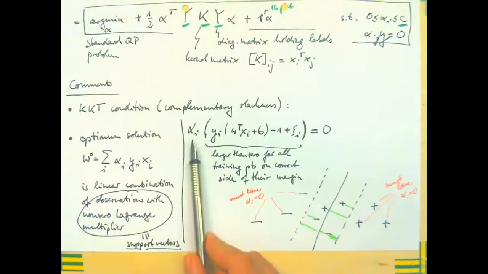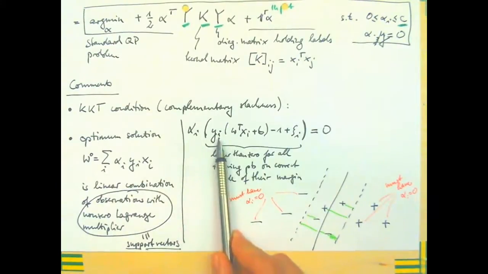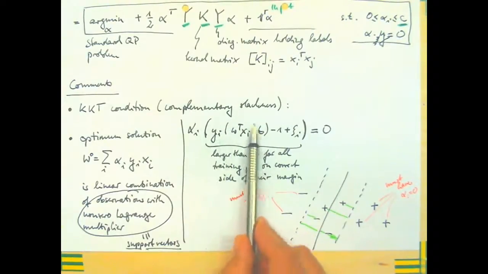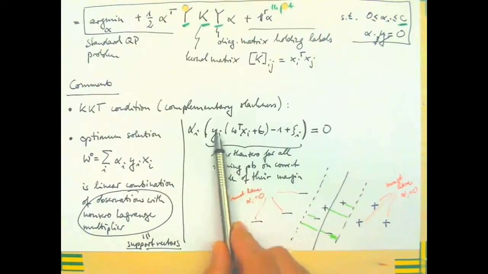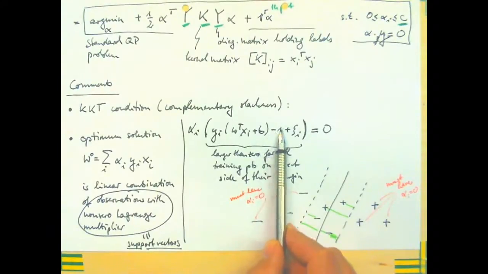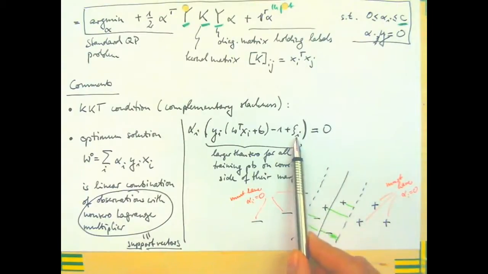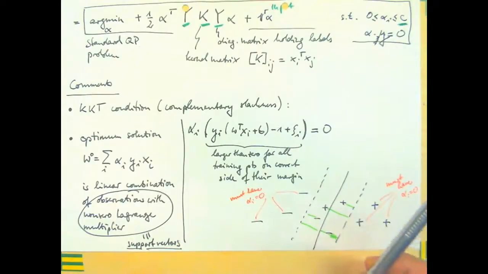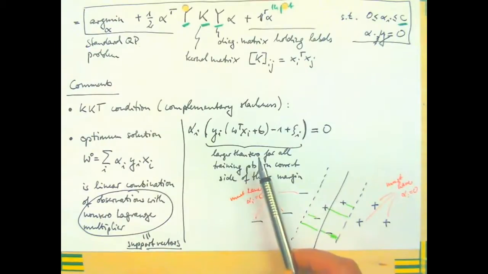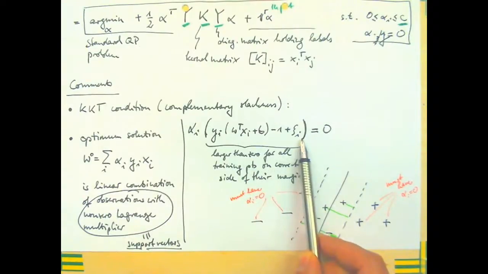This, on the other hand, was the score, so how much I was lying on the correct or wrong side of the decision boundary. This is -1, the margin that I want to subtract. And if a point lies on the right side of the margin, then this thing here